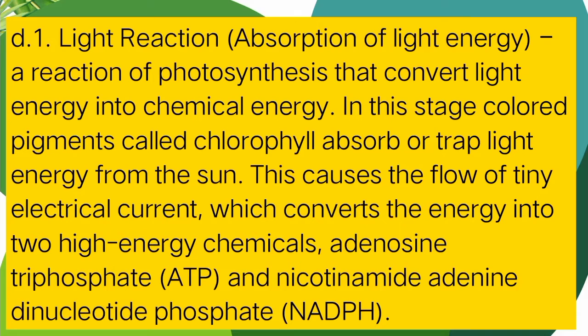In this stage, colored pigments called chlorophyll absorb or trap light energy from the sun. This causes the flow of tiny electrical current, which converts the energy into high-energy chemicals, adenosine triphosphate, or ATP, and